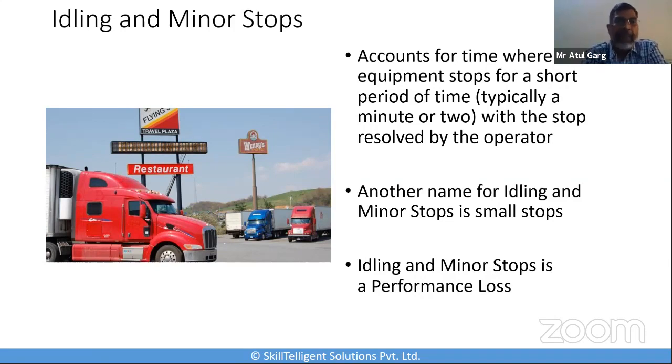Okay. Examples of these kinds of stops, the common reasons, could be misfeeds, material got jammed, product flow has been obstructed, settings have not been correct, there are misalignments or the sensors have been blocked, or there are design issues which are leading to some adjustments to be done by stopping the machine, or some kind of periodic cleaning to be done when the machine is running. So these are the common reasons why you have a minor stop or idling over here.